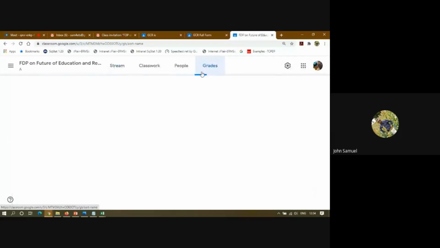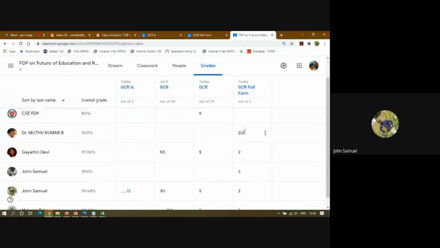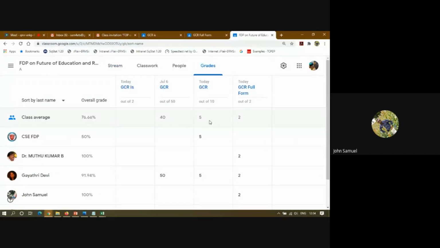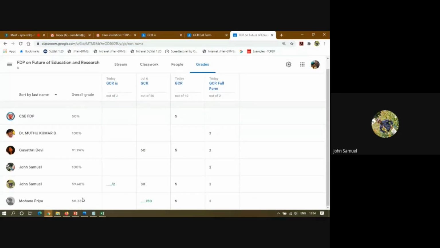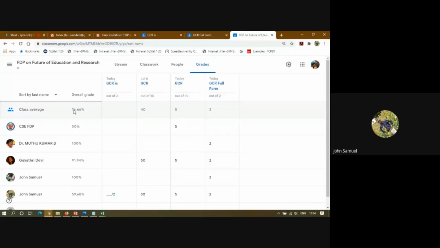Right. So if you select the grades, you can view all the grades. Right. So grades of all people and overall grade, overall percentage of them, and also it displays the overall grade